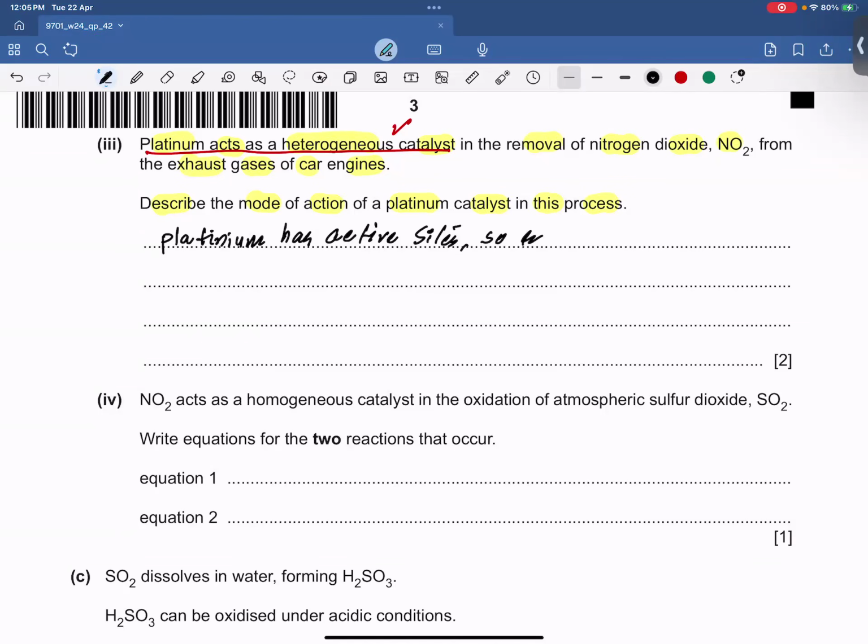So reacting molecules are adsorbed onto the surface of catalyst,